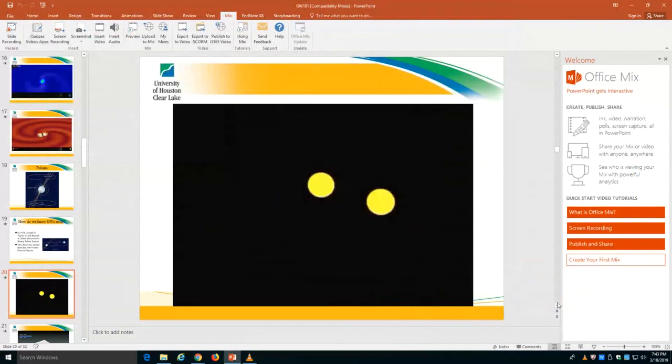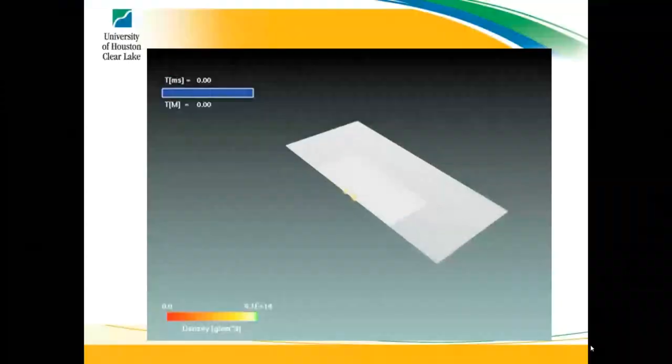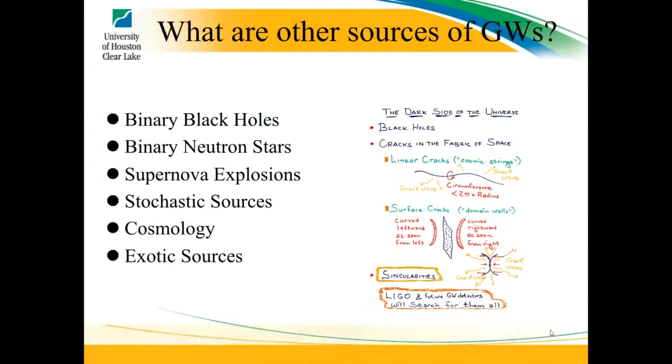All right, so it's a simulation I tried to show you. So what are other sources of gravitational waves? Well, first off, we talked about binary black holes, basically a pair of black holes. We can also have binary neutron stars, which I talked about. Now, these are things, like I said, the neutron stars, we already knew that they could form in pairs since Taylor and Hulse. The binary black holes, they were just a very strong source, but we didn't really even know that they could be in pairs until we actually saw them.